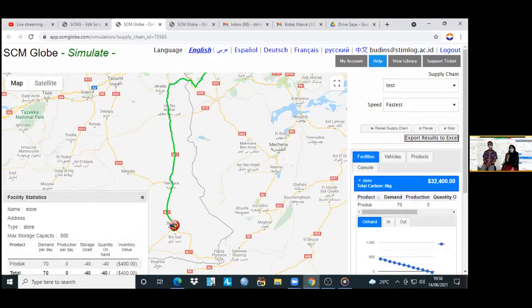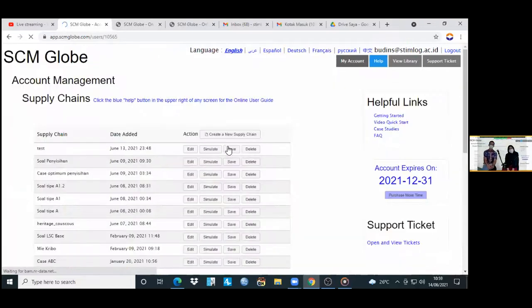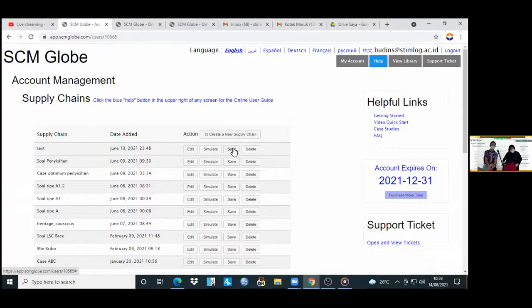So another thing now is how to save a file. Okay, here you can go to My Account. There is a file you created before to make a simulation.